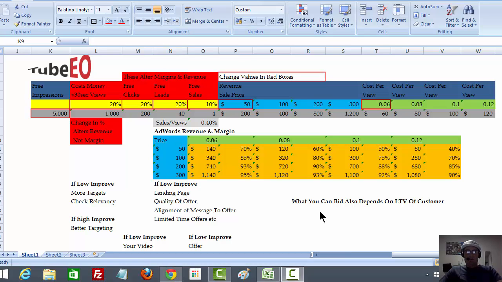In this video I want to explain how to work out your costs, your plan for your costs in AdWords. Now, I've done up a spreadsheet and I will make this available via the website to my subscribers or through the email follow-ups that I do, and you can get those from TubeEO.com. Now there's a couple of key things that I really want to point out here